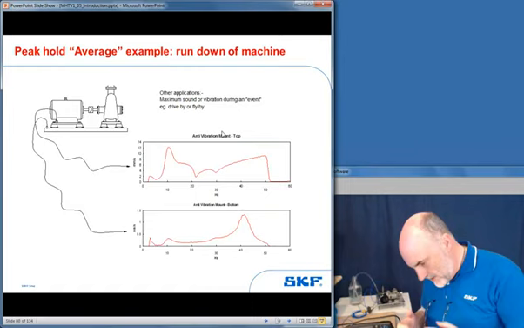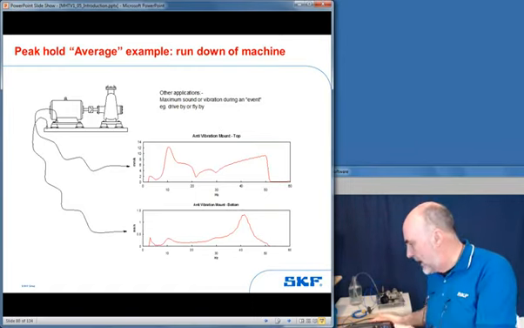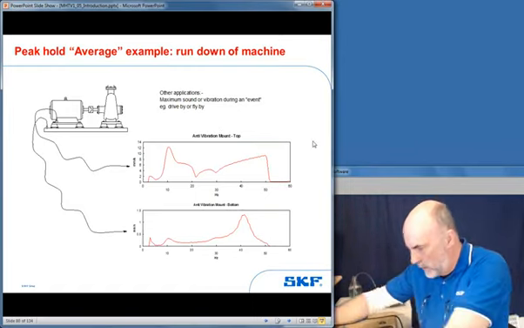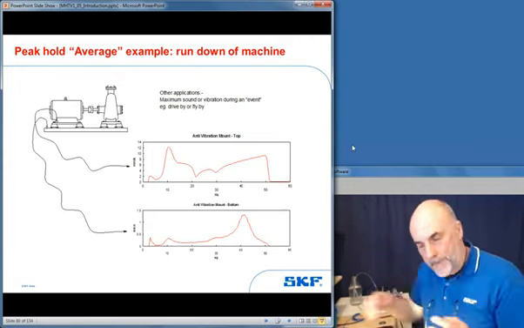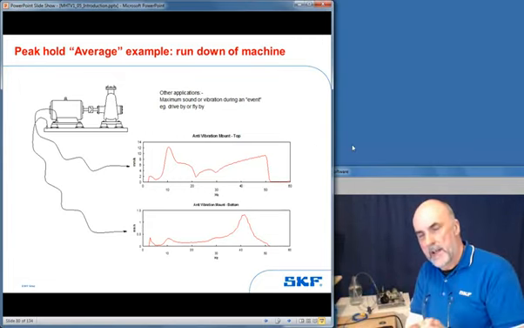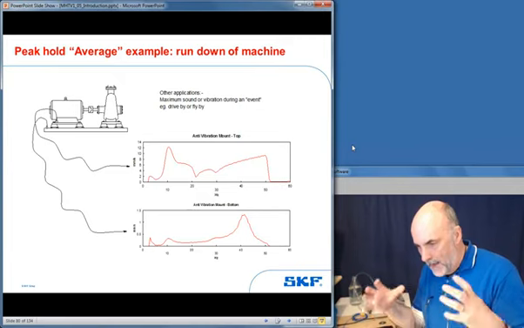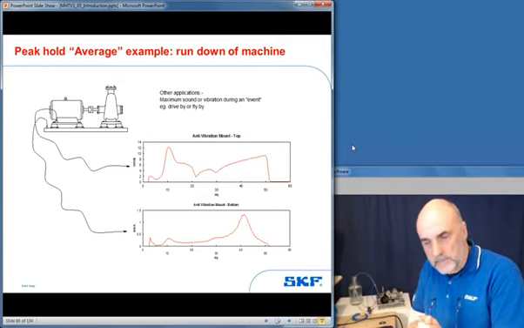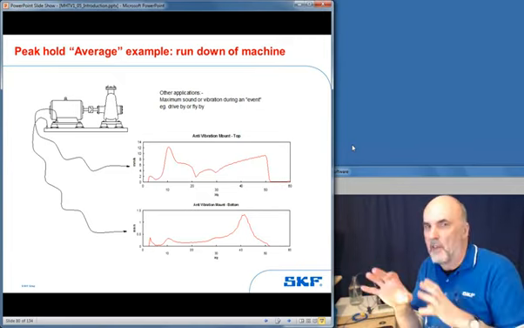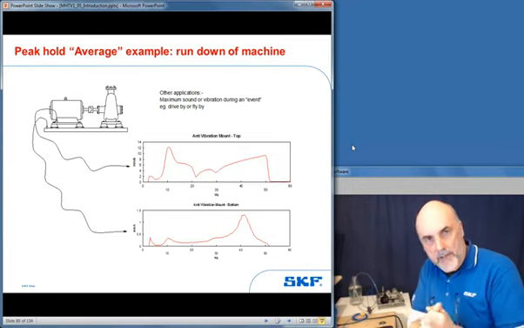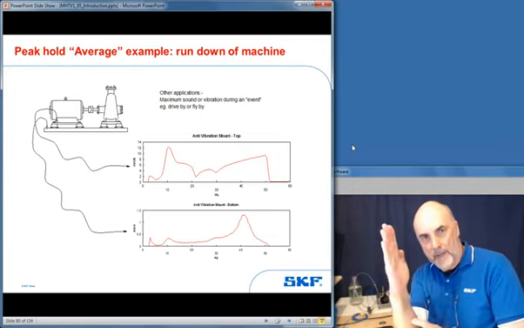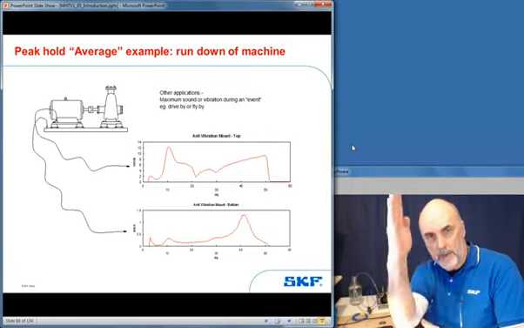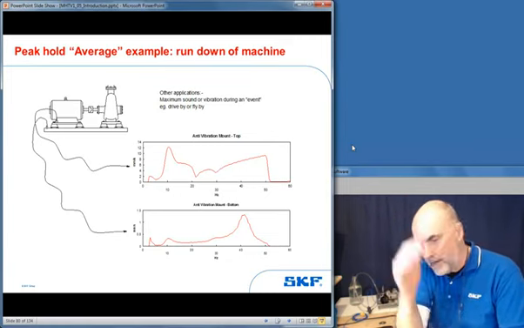The last common type of averager is something called a peak hold average. Why it's called an average, I don't really know. It's nearly always put in the averager section, but it should really be called a peak hold algorithm rather than an average, because you're not really doing any averages in the true sense of the word. All you're doing is taking a measurement and holding it. If another measurement comes along that's higher, you hold that high value.